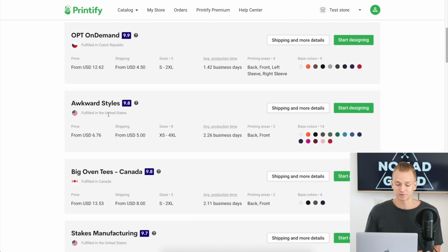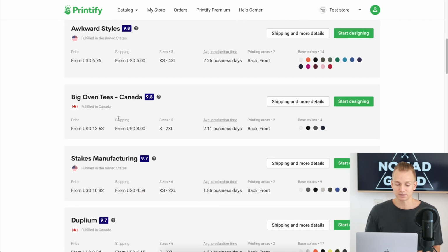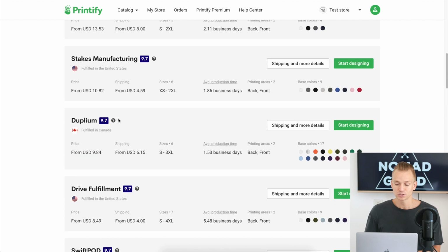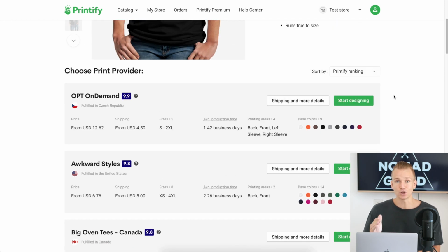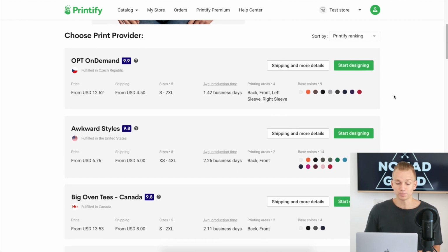And this one is from United States, this one is from Canada, and so on and so forth. So the cool thing about this, what I like about this, is that if you know where your target audience is, your target customer, then you can actually choose a printing provider that is closer to them. So for example, if you're selling in United States, you probably want to choose someone who's in United States. But if you are selling in Europe, then you probably want to go to this provider that is based in Czech